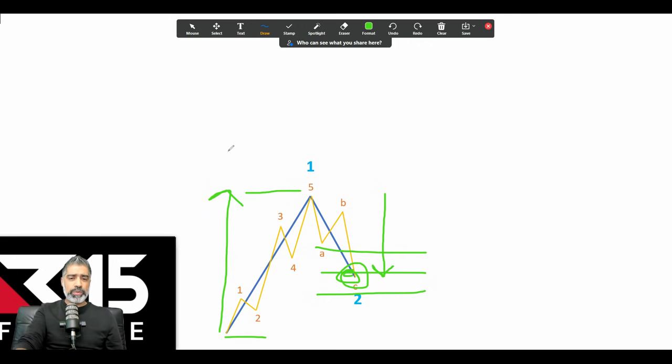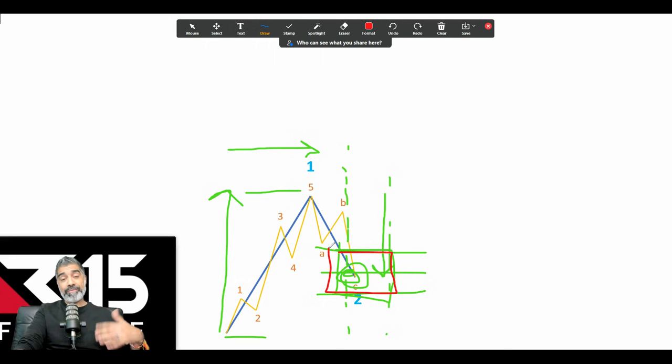And then what we're going to do is measure how long did this wave 1 take? How long did it take? And then we'll project forward 50%. 50% is a typical correction time, so it kind of forms the zone to 100%. So we're now in this time and price zone over here. So what we're going to anticipate next is the wave 3 of a wave 3, right?